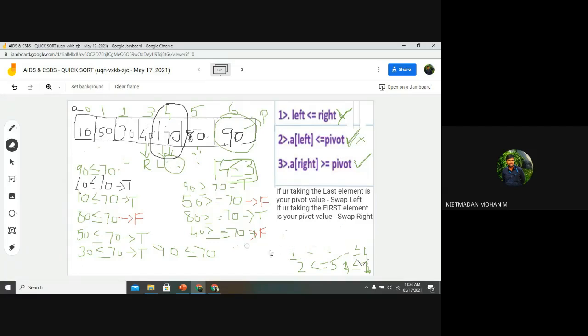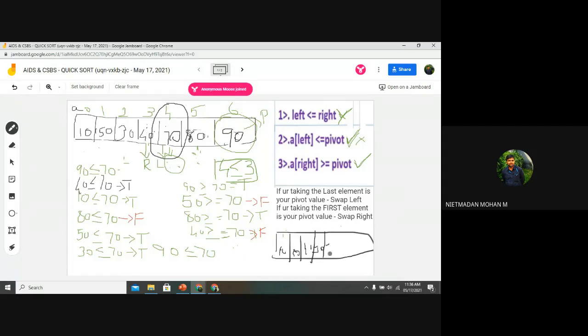So you can see here that the normal sorting method will be like this: 10, 30, 40, 50, and 70. You can see the index values 0, 1, 2, 3, and 4. Normally, when the sorted element has occurred, at index value 4 the pivot value is assigned. So we have assigned the pivot value at index 4. On the left-hand side the smallest numbers arrive, and on the right-hand side the biggest numbers arrive. So this is the first concept.